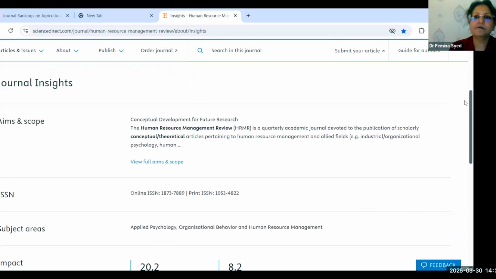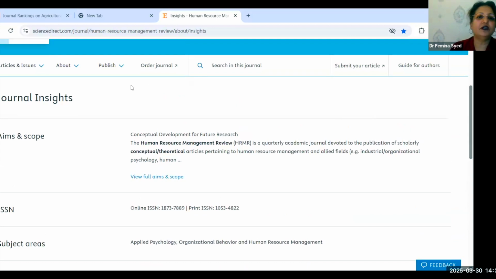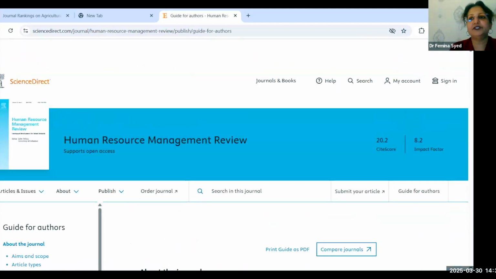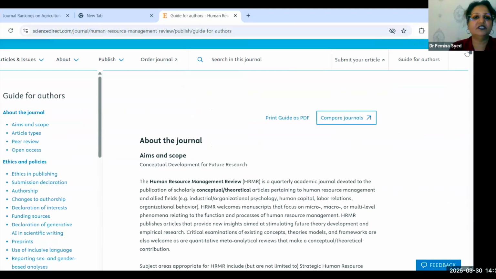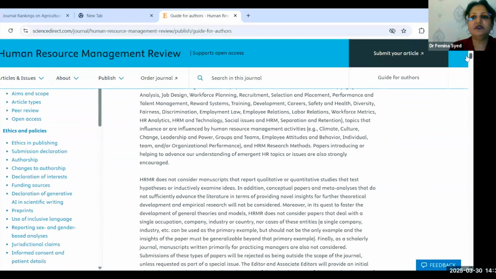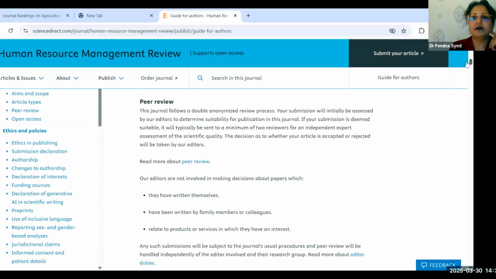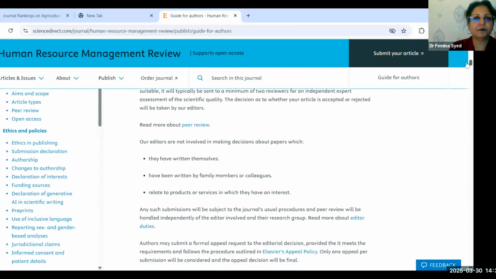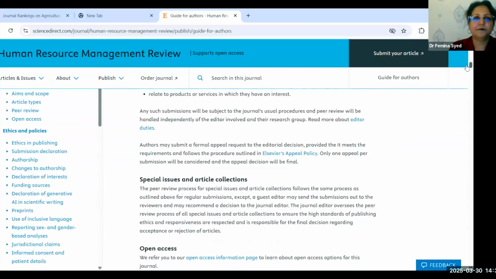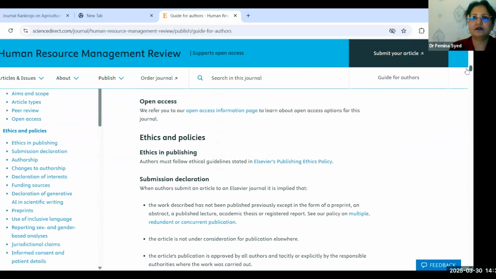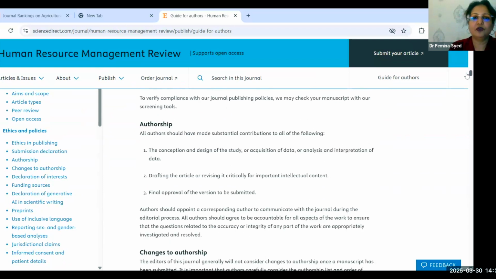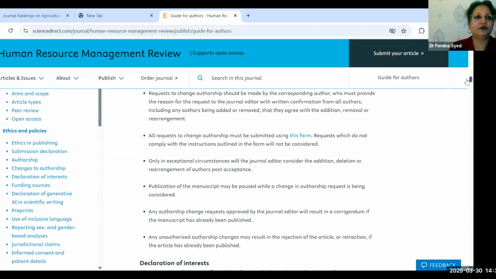So here, now, if you need to publish an article, you can submit the article by clicking here. So you can submit the manuscript. Again, guide for authors. Regarding how you need to publish and all the grammatical things, what the journal actually stipulates, all these will be there in the guide for authors. Okay. I think you can see all that. So when you go for publication, this is how you need to do it.